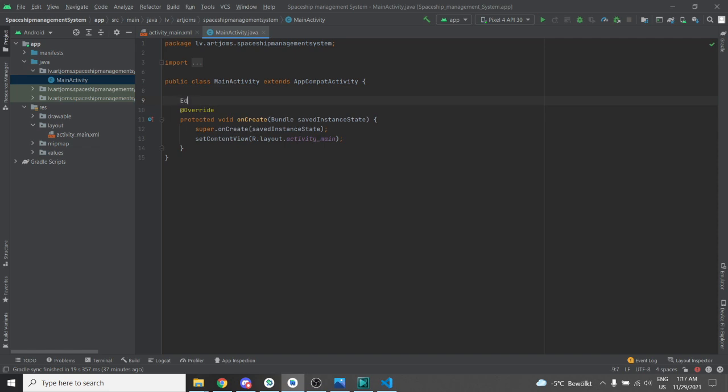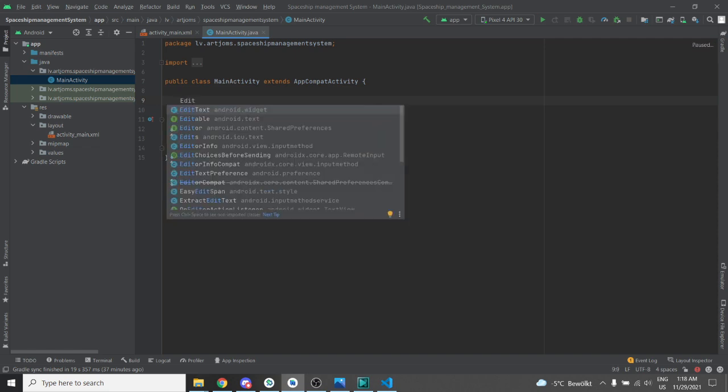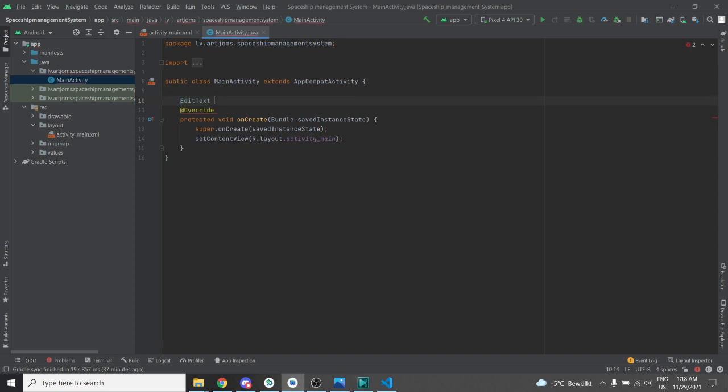So first one will be a variable called EditText, and I will call those variables edit1 and edit2 and put a semicolon. Also, we will have a single button, so we will import it, and I will call it btn1, the same